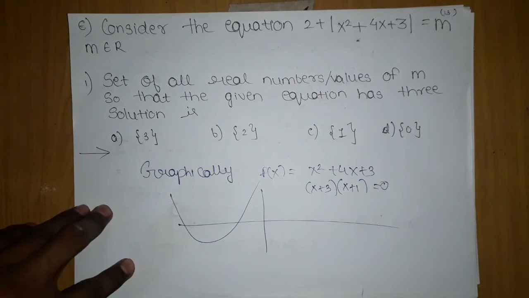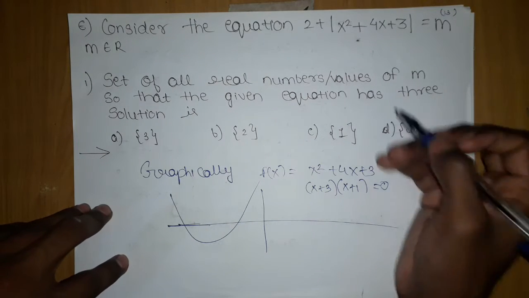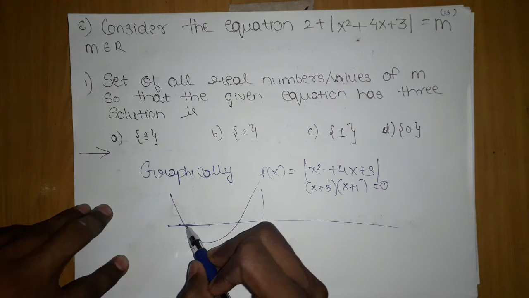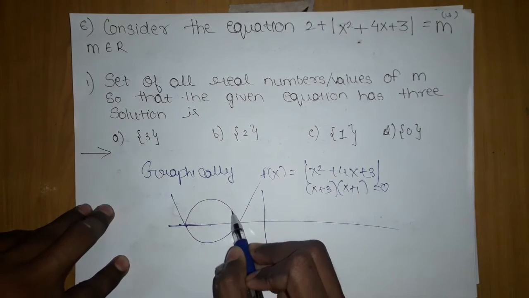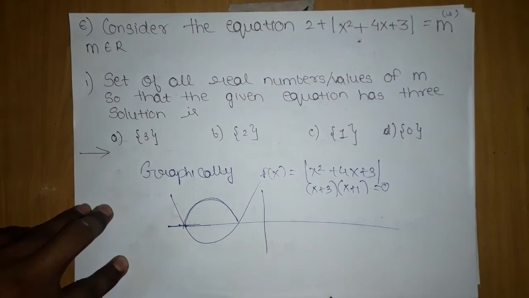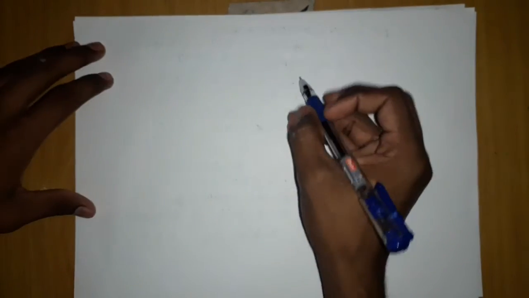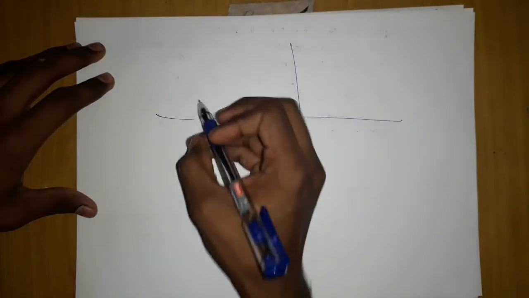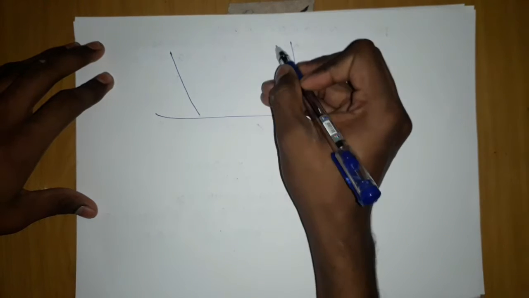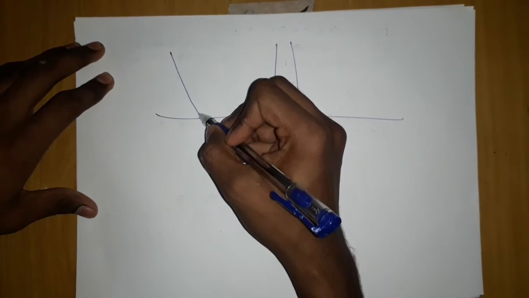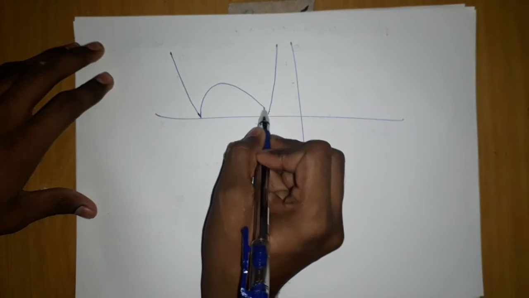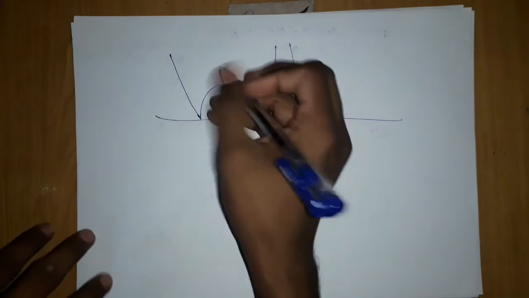This is the graph. Now what does this modulus mean? It will just invert this part. This is the feature of the modulus function. This will just invert the graph, and then let's see how our final graph looks like. Let me take the next page. The final graph will be like this. Just see, this was the quadratic function, and when we took its modulus, it will just shift to that side. So this is our quadratic inside the modulus function.